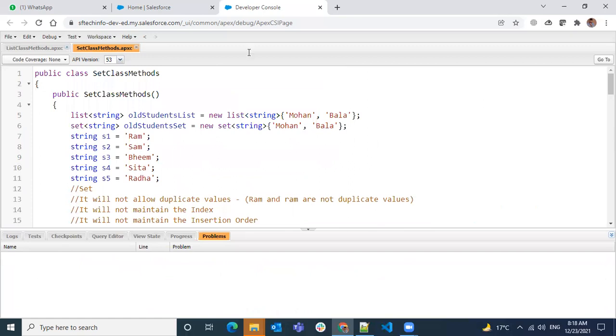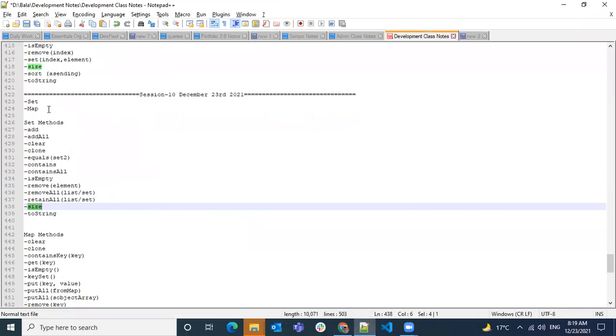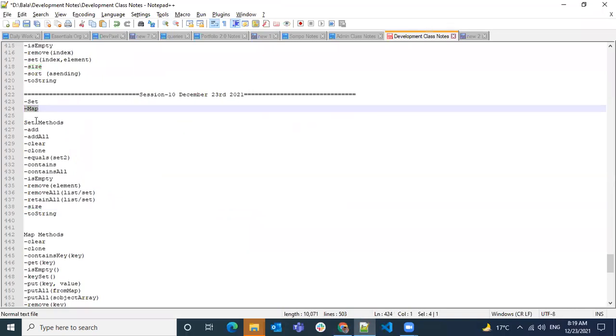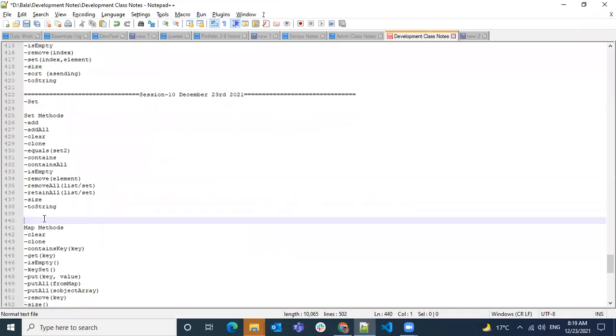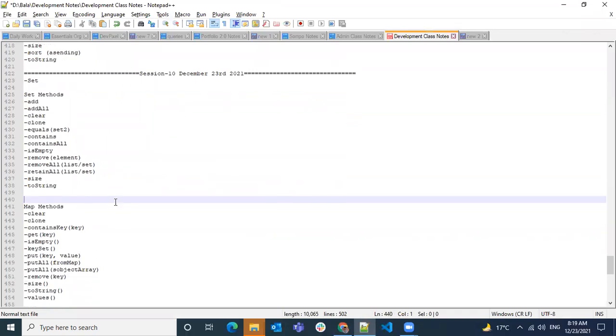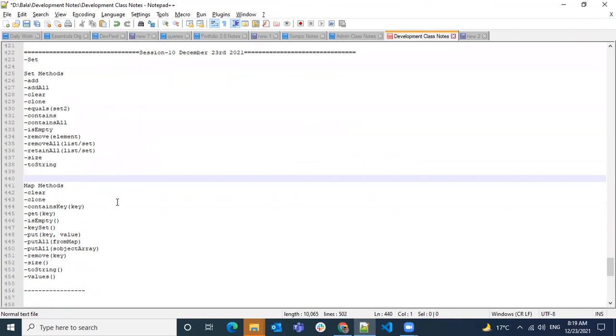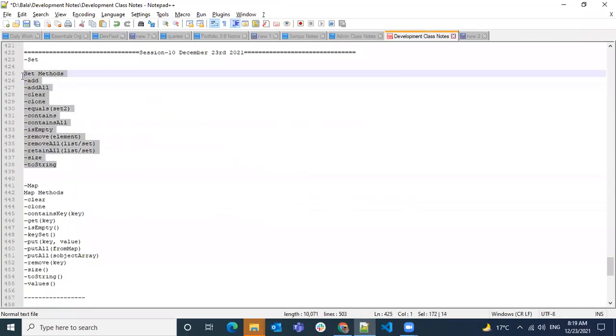Okay, if we have no questions, now I'm jumping onto the interesting topic called collection type map. So this is more different compared to a list and a set. So how is it different? These are like an array, right?